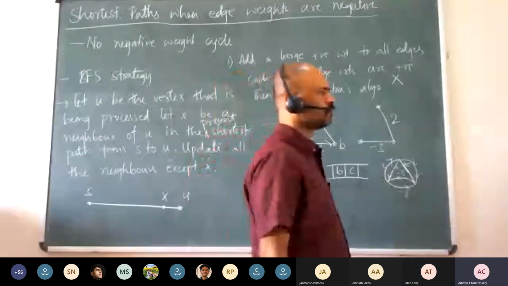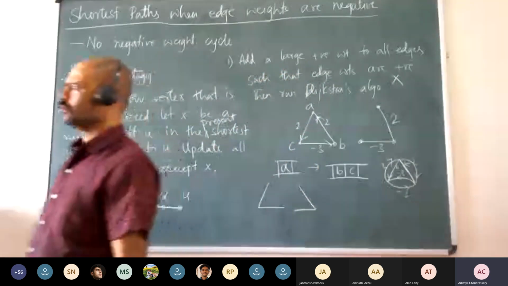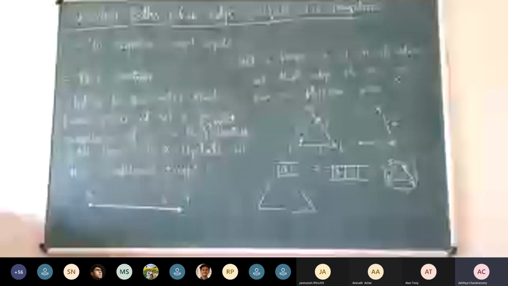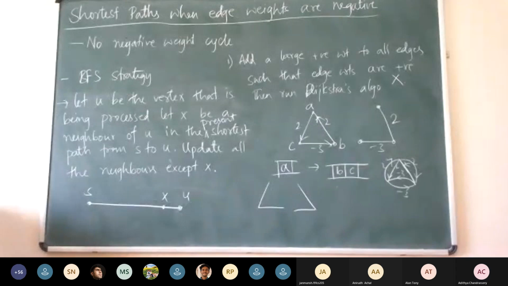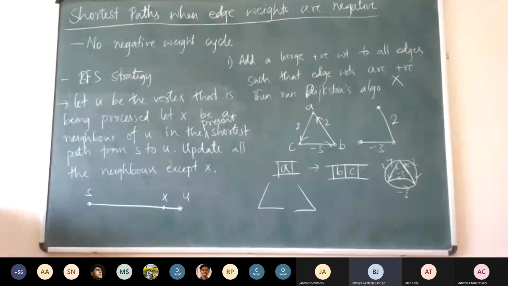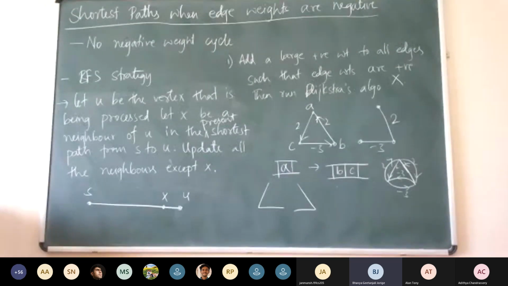But that has a problem for this case also, right? That's what Nishant is saying. We can pick one vertex in the graph, and instead of selecting the edge with the smallest weight at the least distance, we can check the paths. For example, from A, I have two paths, A to C and A, B, C. I will calculate the total distance of both paths, compare which path has the shortest weight, and choose that. I can check that for all other vertices.